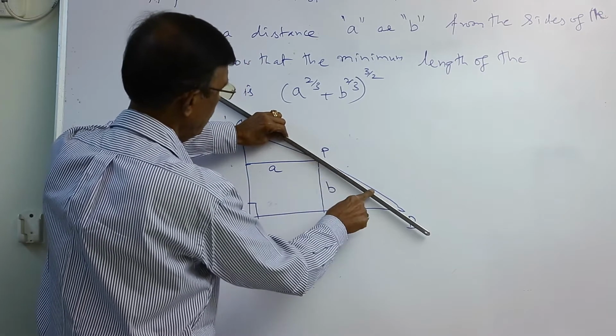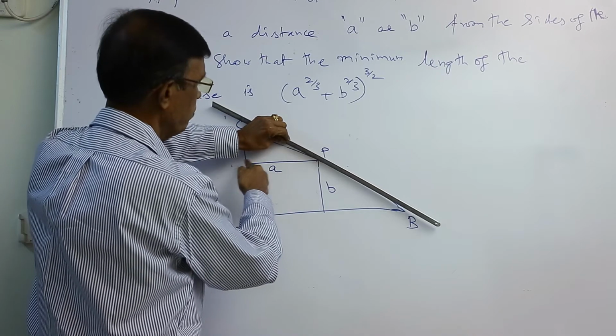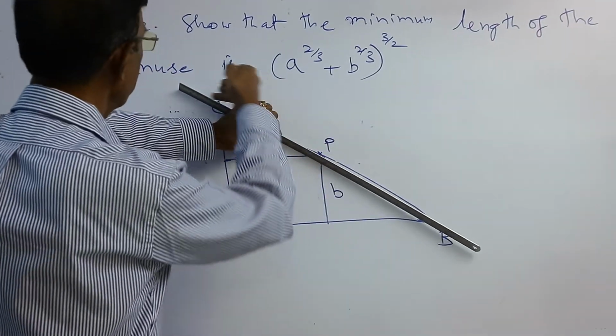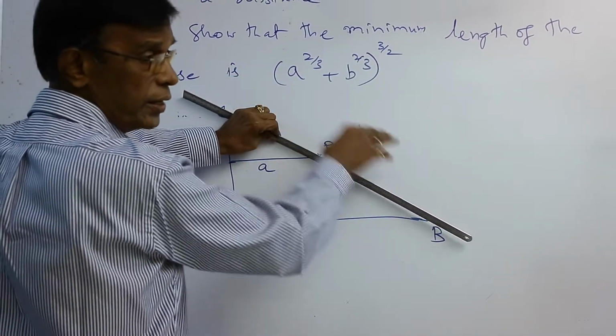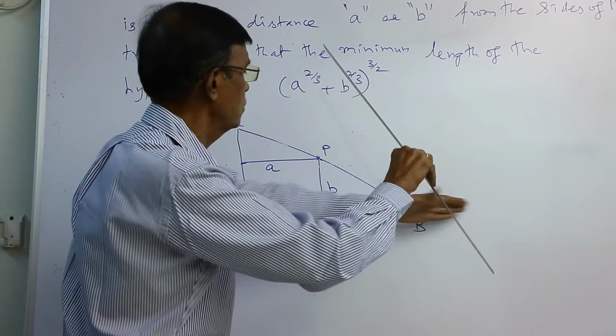This distance is not changed, this distance is not changed, but still what happens? The hypotenuse goes from there, that's the thing, and its length may be more or less. It can be made a maximum also, because I can just draw it here, and then like this I can fix it also.